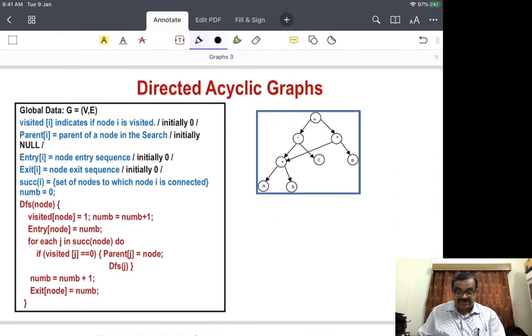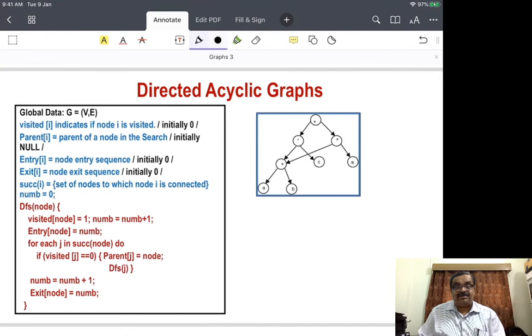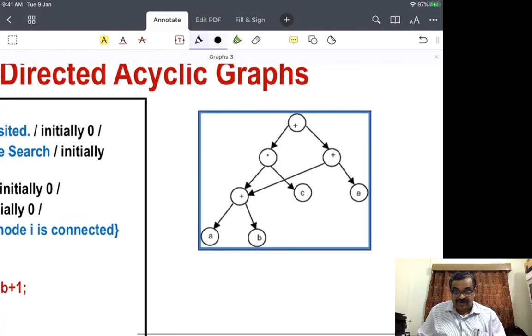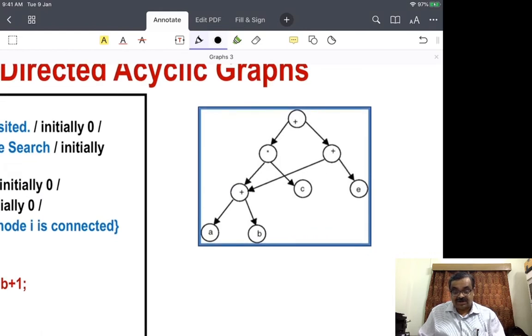The next phase that we go to is a very important class of directed graphs, called directed acyclic graphs. This was the example that we had seen, and we had mentioned what acyclic graphs are, that there are no cycles in this graph. And you can see what this graph does, at this node in this graph, this computes A plus